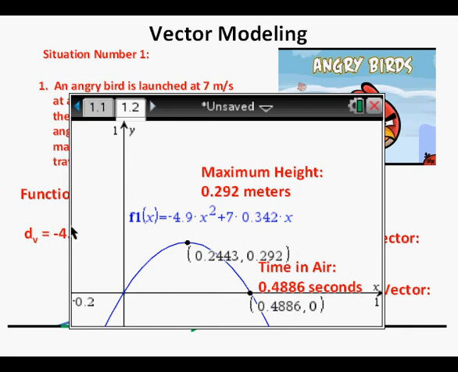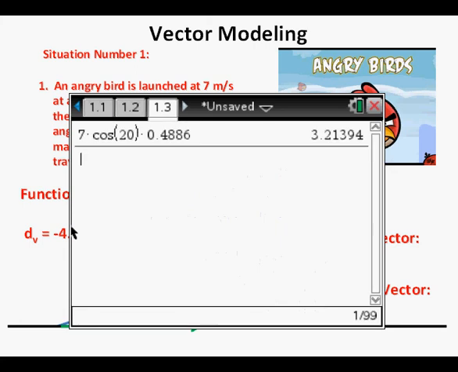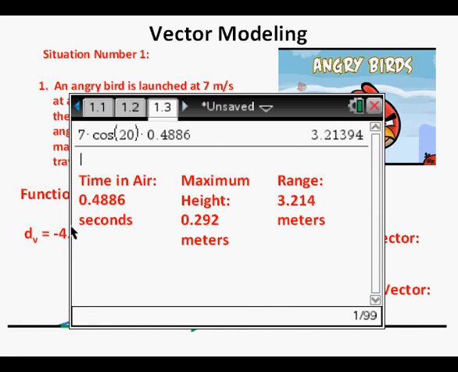And using the horizontal component of the vector with our time in the air of 0.4886 seconds, the bird travels about 3.21394 meters before hitting the ground. So that's our range, about 3.214 meters. So we have our three answers. The time in the air is about 0.4886 seconds. We have a maximum height of about 0.292 meters, and we have a range, or distance traveled horizontally, of about